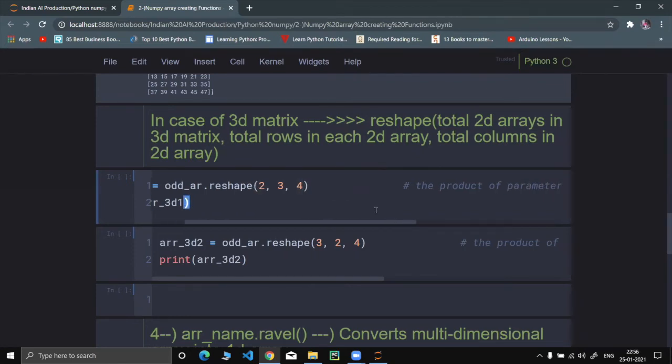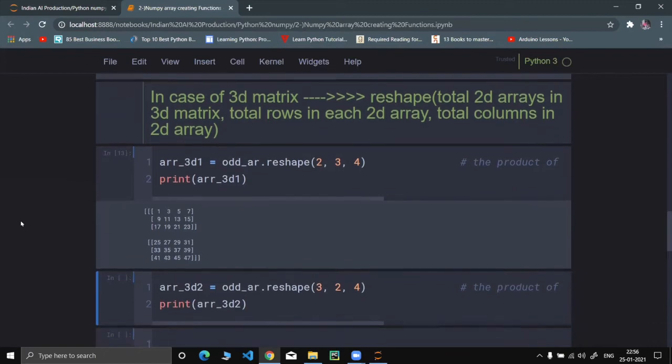And over here we need to remember this: the product of parameters should be equal to the size of the array, which means 2 into 3 into 4 should be equal to the total number of elements in our initial array, which is 24. So 2 3s are 6, 6 4s are 24. It is only possible to reshape any matrix if the total number of elements in the first matrix is equal to the total number of elements in the second array after reshaping.